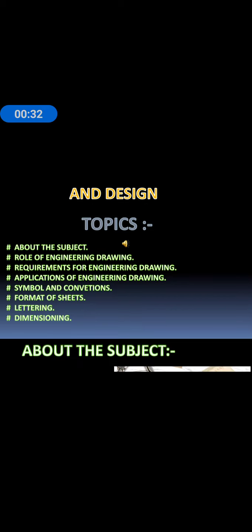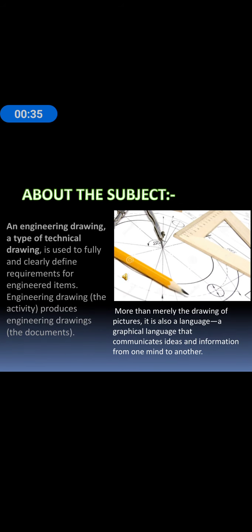The first one is the introduction of engineering drawing. Engineering drawing is a type of technical drawing used to fully and clearly define requirements for an engineering item, and is usually created in accordance with standardized conventions for layout, nomenclature, interpretation, appearance, size, etc. Its purpose is to accurately and properly measure the geometric features of a product or a component. The end goal of an engineering drawing is to convey all the required information that will allow a manufacturer to